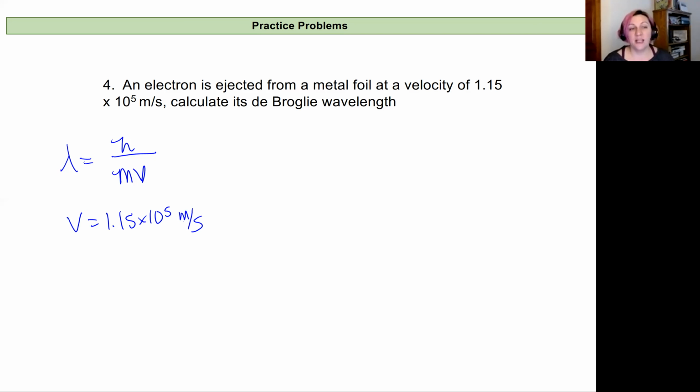So we're talking about an electron here, which we have so far understood to be a particle, a very small particle, but a negatively charged particle that has mass. And so if we look at this, we find that the wavelength is going to be equal to that 6.626 times 10 to the negative 34th joule seconds. Good old Planck's constant. We'll use that a lot in this chapter. And then we need the mass of an electron times its velocity.